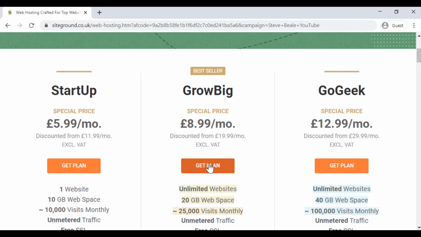So if we press get plan, and before I do, actually I should say the prices here are in pounds, so it's about 30% more for a US dollar, so maybe about $10 that one. Actually, yeah, they're cheaper in the US. You might also get a flash sale if you're lucky, so if you see that, definitely jump on it, because there was one the other day and I missed it. So if you see a reduced rate, you're golden. So press get plan,